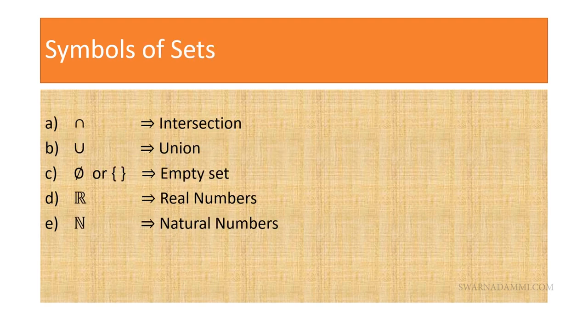Through this slide also, you can further understand the symbols of sets. There are 5 here. First one, describe about intersection. Second one, for the union. Third symbol, there are 2 here, pi and empty set, that describe empty set. And fourth, R, the symbol R used for real numbers. And fifth one, N is describe natural numbers in set.